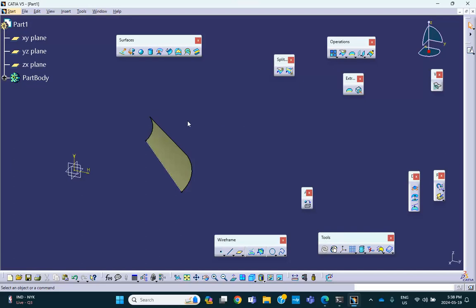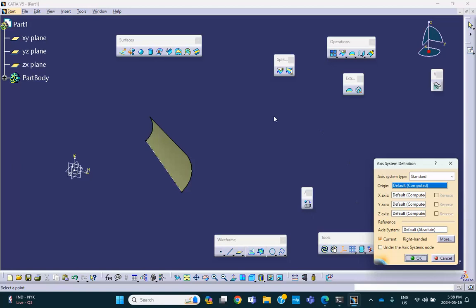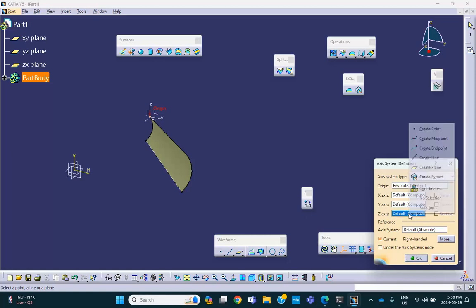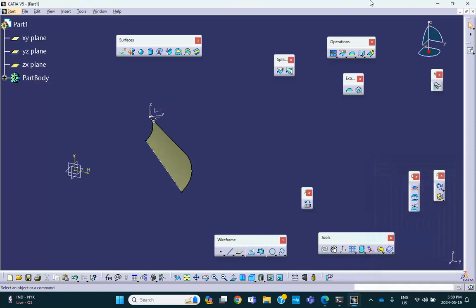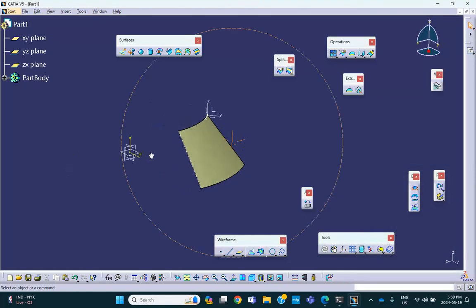Okay, so you have to create an axis system. While we're at it, let's go do that. Here's the axis system. The origin, I want it to be at that corner point, and I'm going to rotate this thing about the z-axis by 40 degrees, so that this edge, which was nowhere, basically ends up in the YZ plane of this coordinate system. So put the cursor where the z-axis is. You want to rotate it: right-click, rotation, 40 degrees, and then say okay. And now that back edge that you see here is in the YZ plane